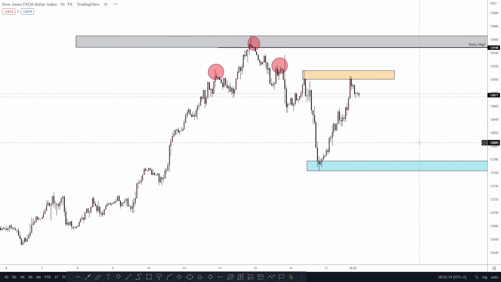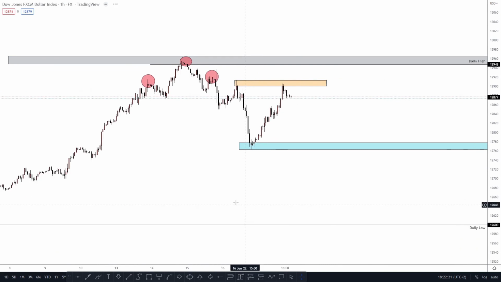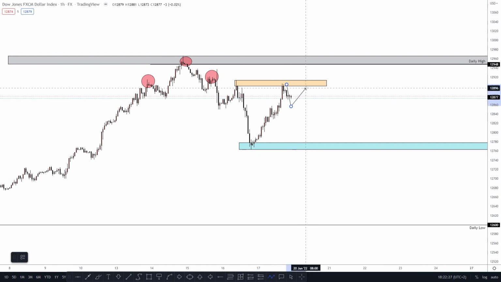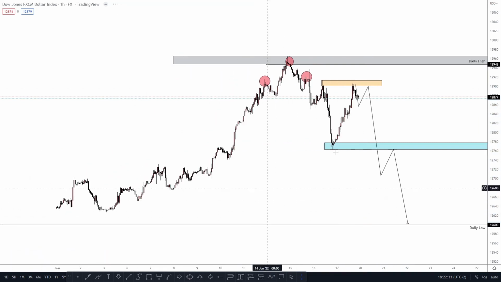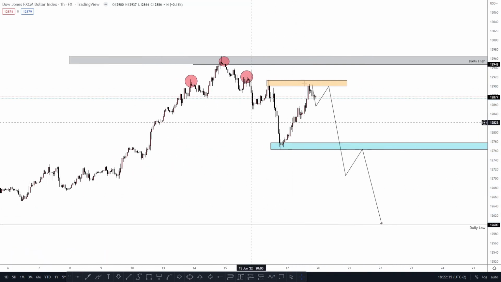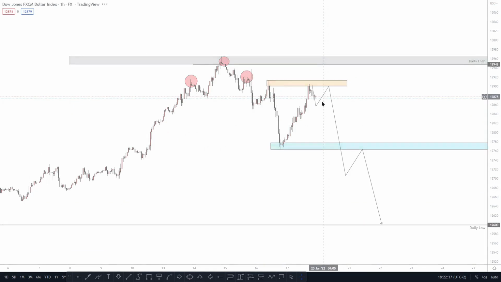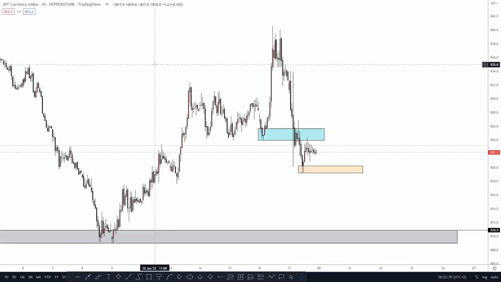So now, what are we anticipating? The very same move to the upside, we are anticipating to the downside. I'm anticipating that the market will probably come back here, and then we could have something like this to the downside. But for now, we just have to wait and see what will happen on this one, and move down to